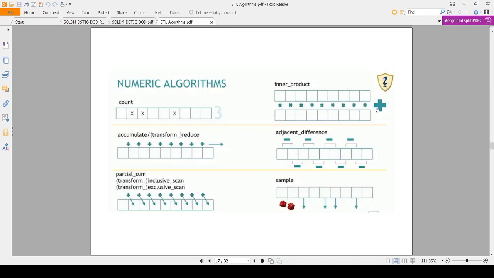And that is exactly what we do in our dot product of vectors, right? So it can be used in that case. It can also be used in matrix multiplication, where you have this dot product calculated for a row of the first matrix to the column of the second matrix.